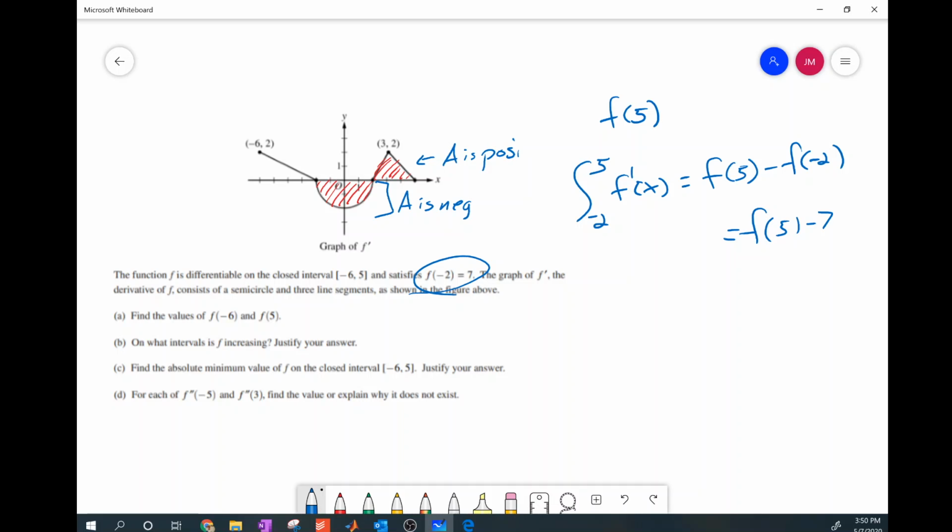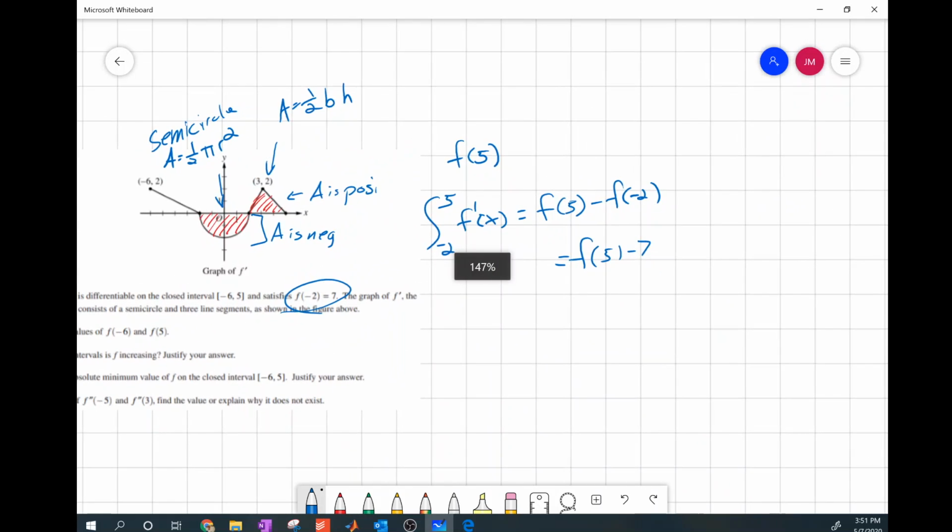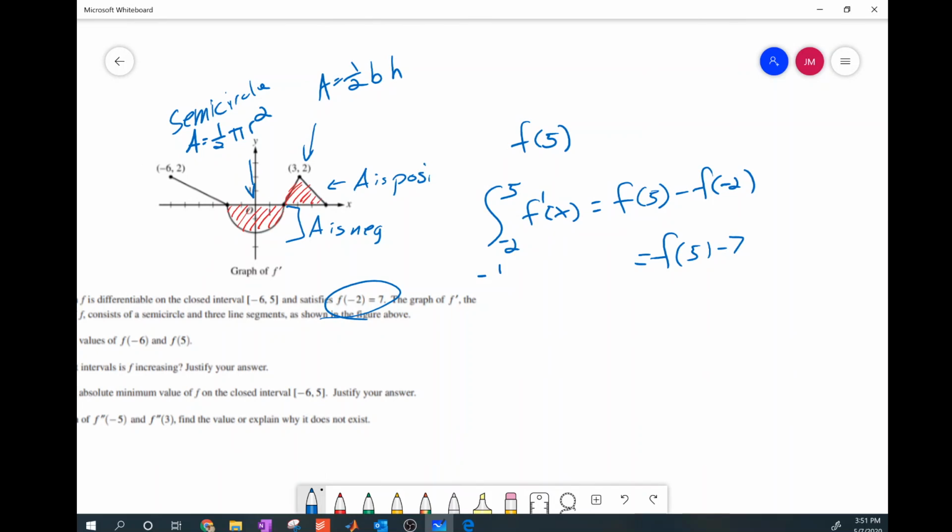And we have two shapes here. This first shape is a semicircle. So the area equals 1/2 pi radius squared. And this is a triangle, so area equals 1/2 base times height. I can write that a little bit cleaner for you. Area equals 1/2 pi radius squared. So again, this is going to be a negative area. It's going to be negative 1/2 pi r squared plus 1/2 base times height. My radius for my circle is 2, so that's 1/2 pi 2 squared